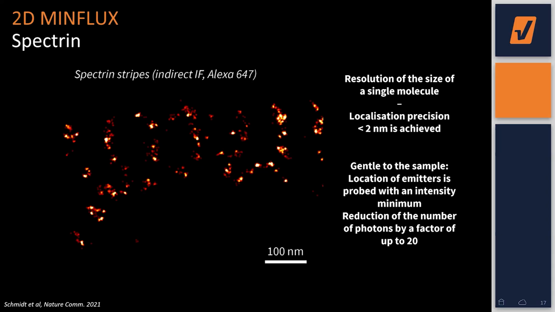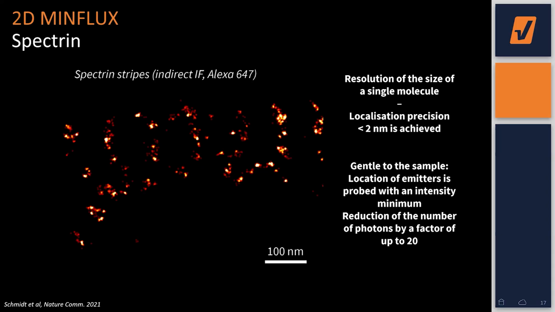The first thing they did is image the spectrin stripes, and they tried to see if they could see the same thing as Xiaoyu published. Because Xiaoyu published using the very complicated STORM method, right? In science, it was the first time human beings saw that structure. Now with MINFLUX, they can easily see the